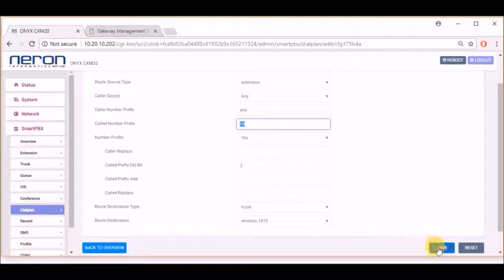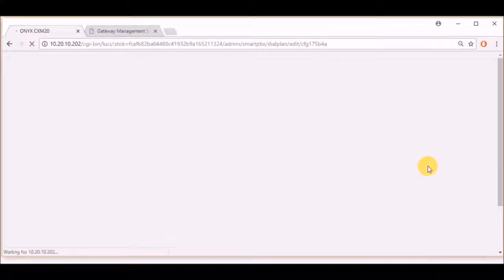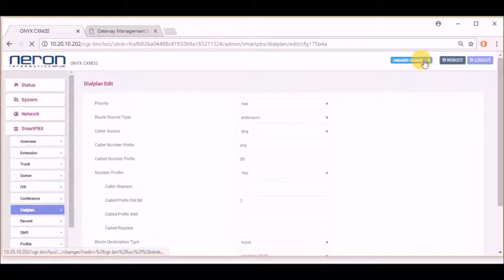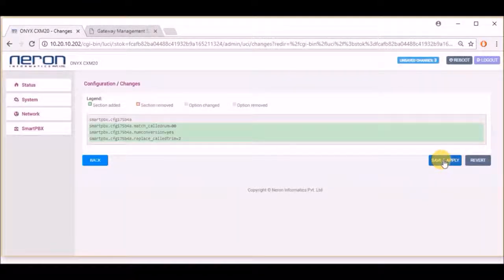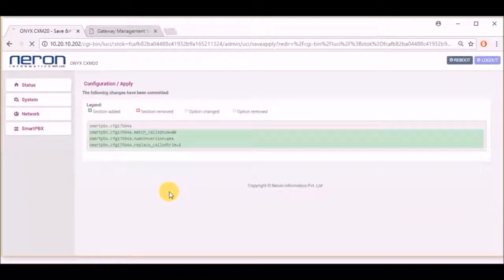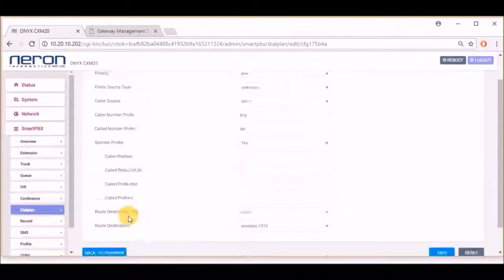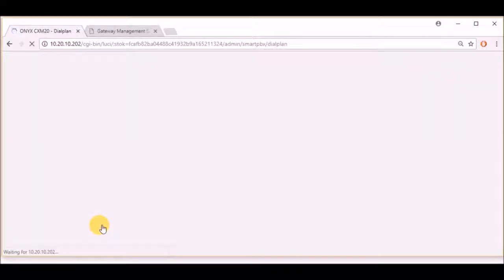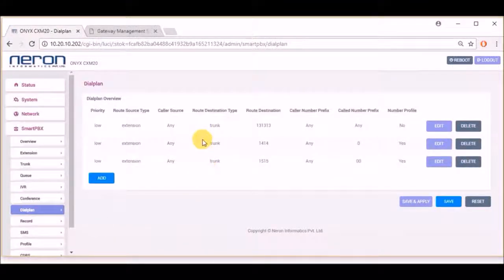Okay, so click on save, unsaved changes, click on save and apply. Click on this. As you can see, all 3 dialing rules are done.